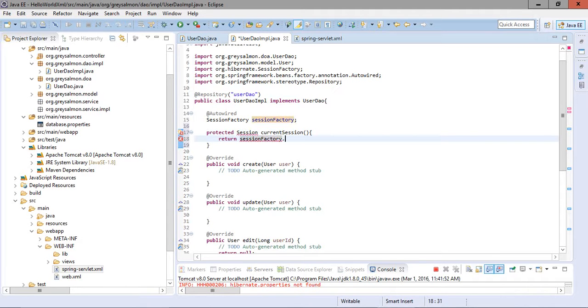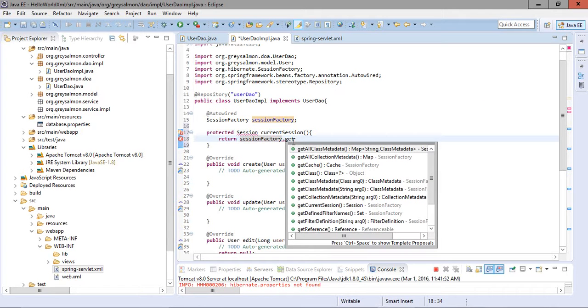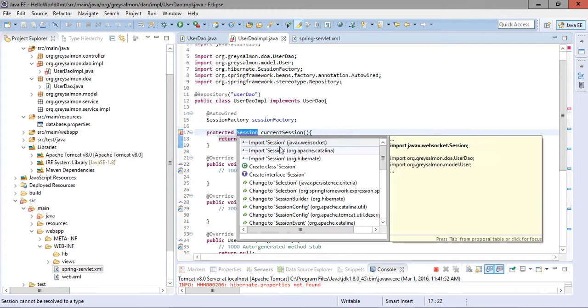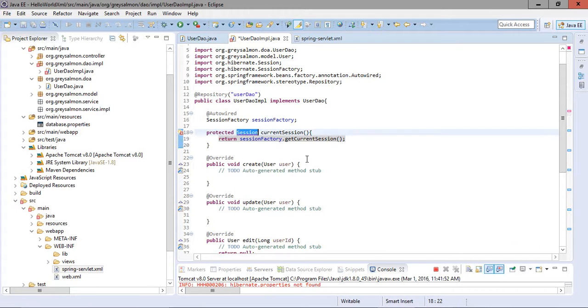With the help of the session object, we will query the database. Dot getCurrentSession. Now this will return the current session, and we have to import this class from org.hibernate. Whenever we call this method getCurrentSession, our session will get started.